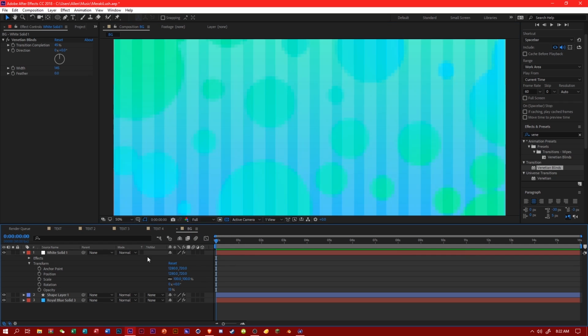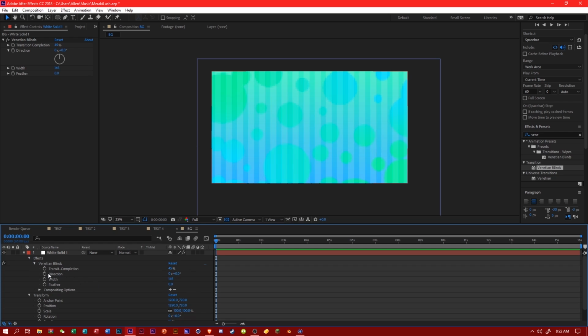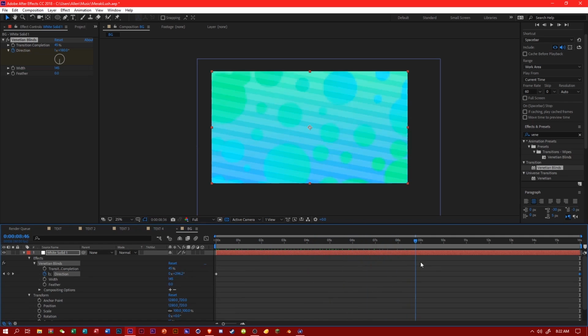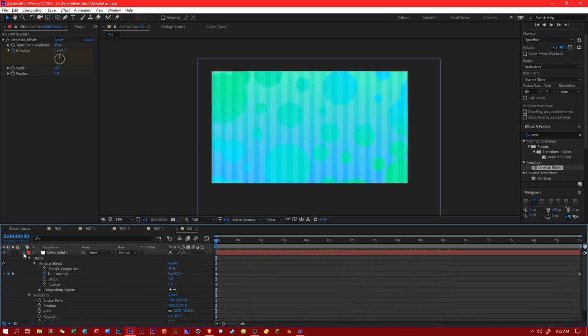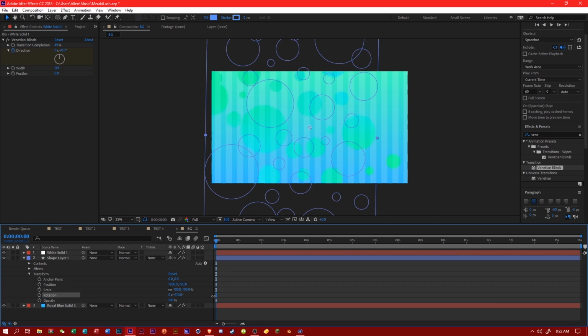Put at least 15. Put this here. Go to effects, go to that. Direction, keyframe this to the end, put 1, put 180. Boom. Looks really good so far. What we can also do is we can also